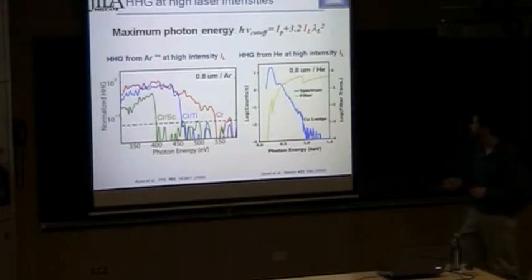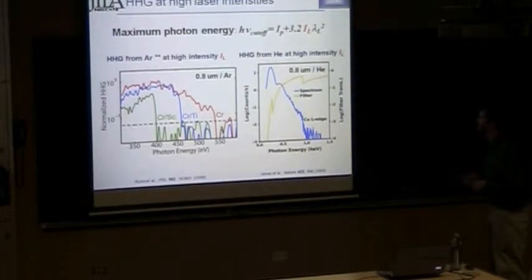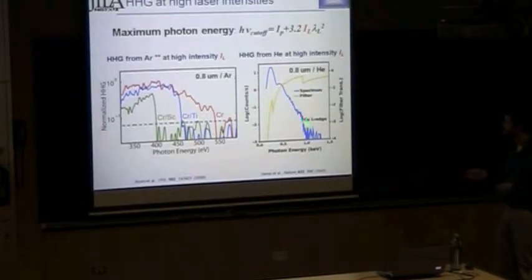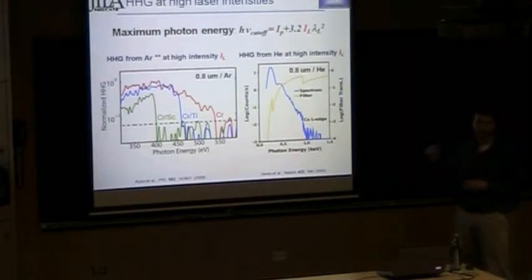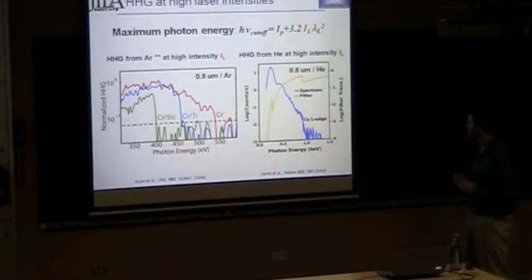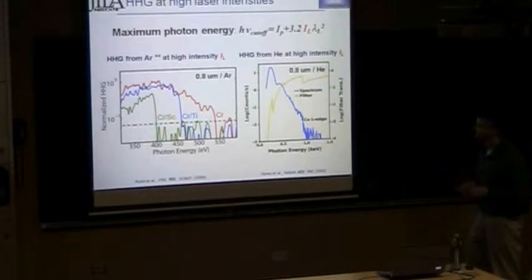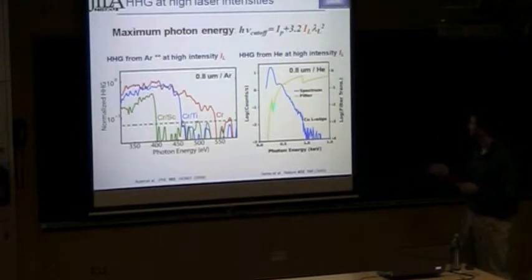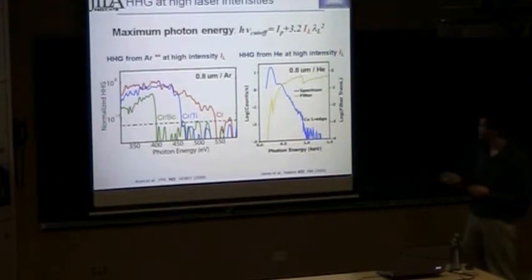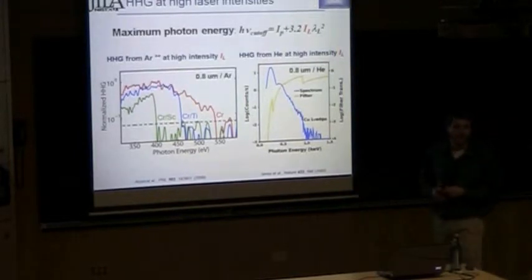And so you can generate these very high energy harmonics, but this spectrum is a pretty typical looking spectrum in this sort of regime. You've got very bright harmonics at the low energy side, and then you look at it on a log plot and you see some dim harmonics showing up out in the high energy side. And this makes it really difficult if you want to try to do imaging. You've got to somehow get rid of several orders of magnitude of much brighter light. And the other thing is because it's not phase matched, it never gets all that bright to begin with.